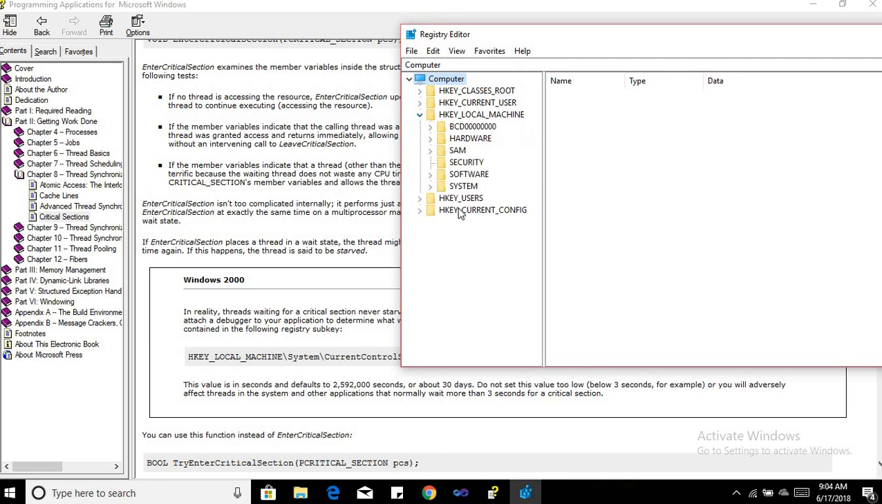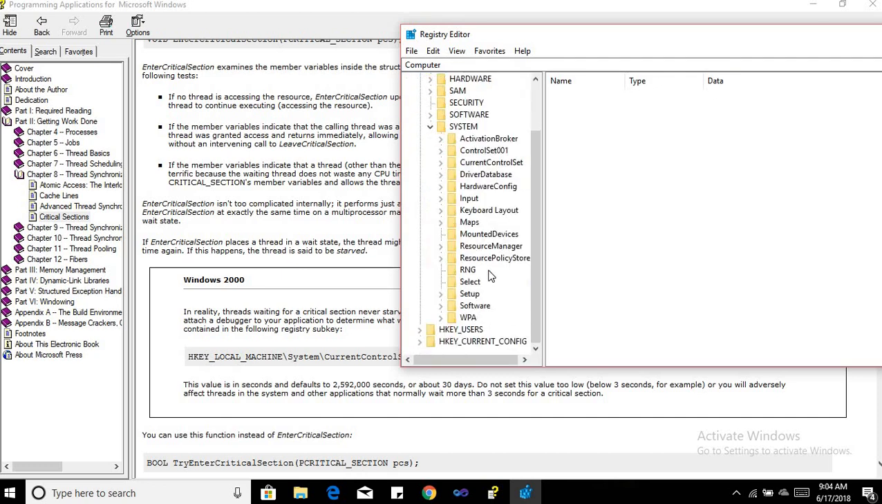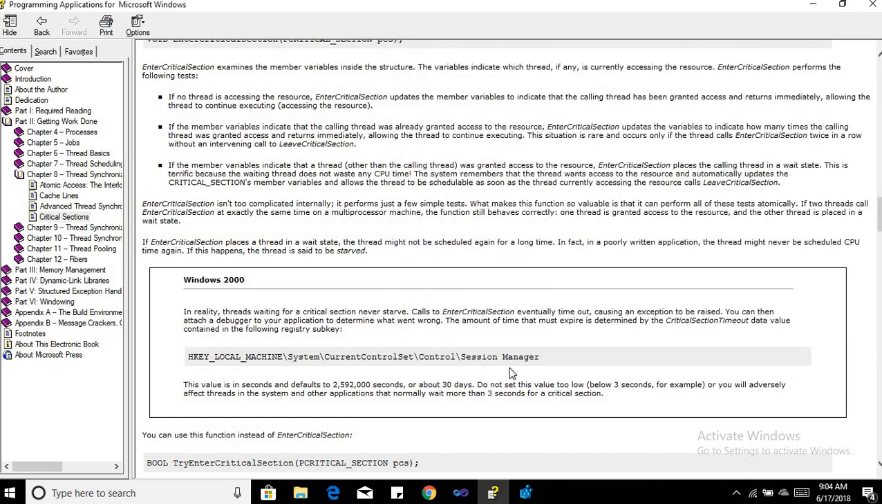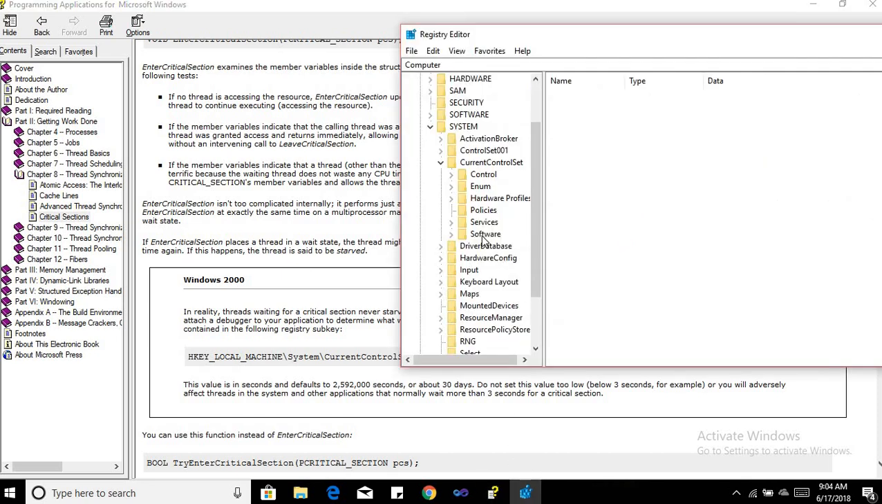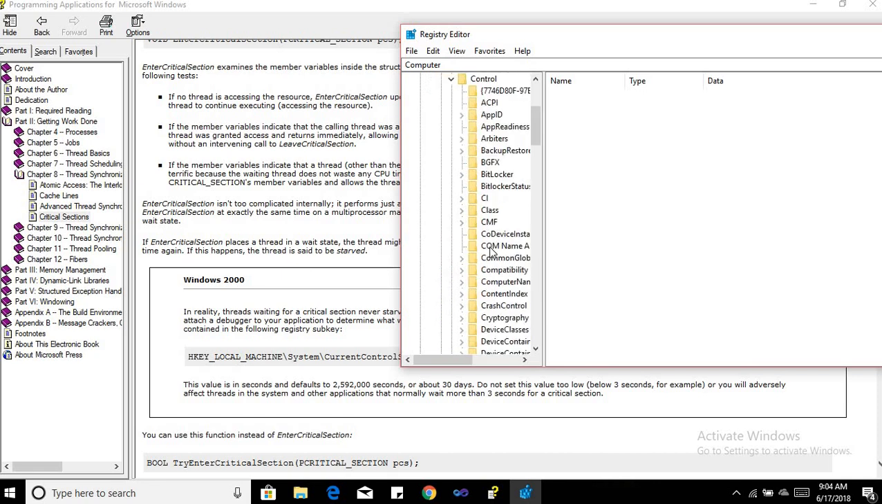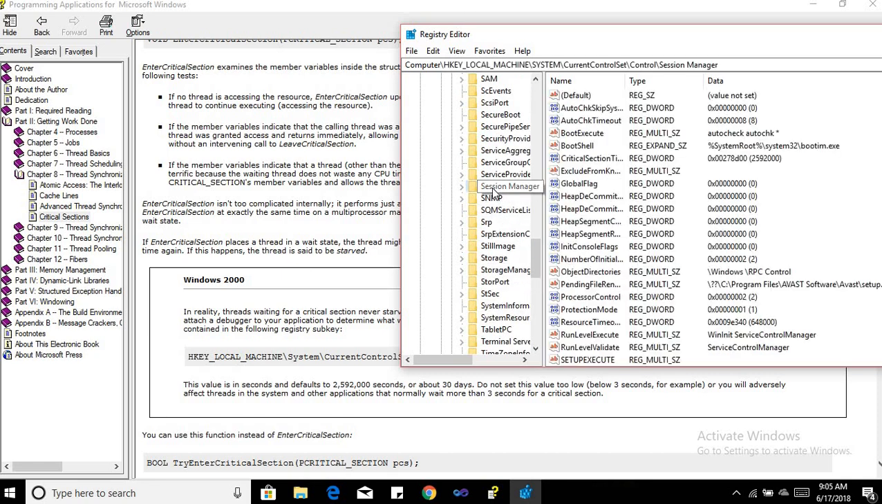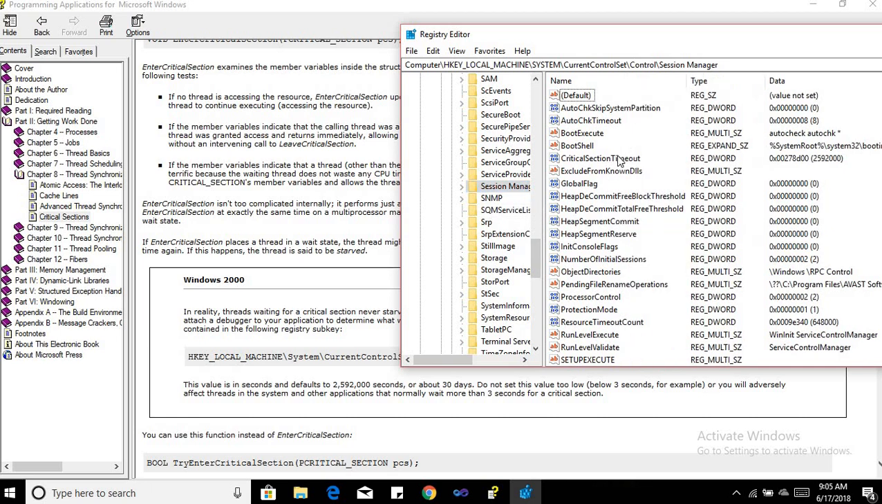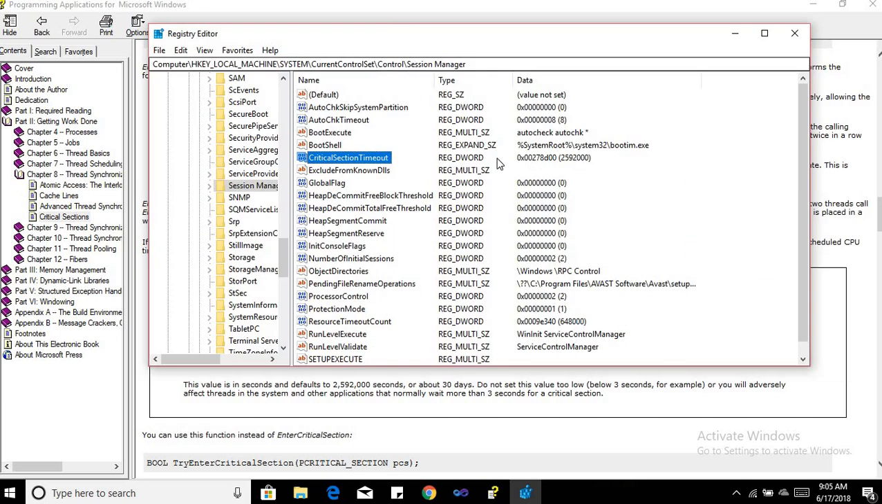HKEY local machine. Then there is system. There is current control set, and then we have control and then session manager. Okay, so in this session manager, you can see this critical section timeout is a key. Right, this has been given as